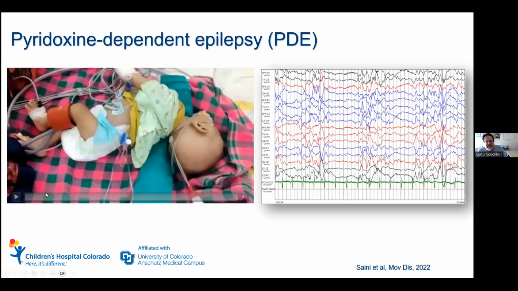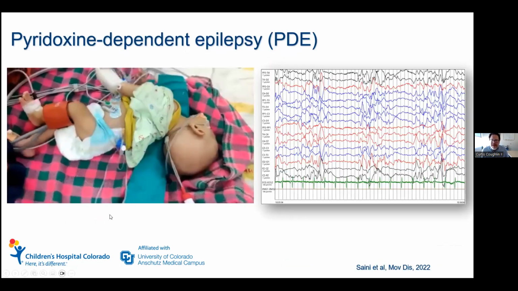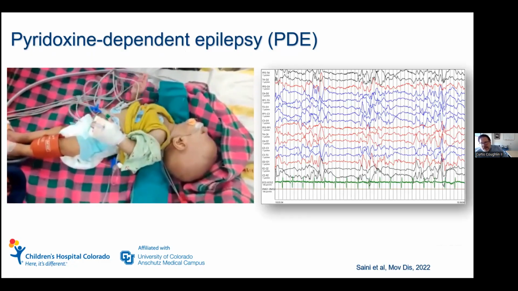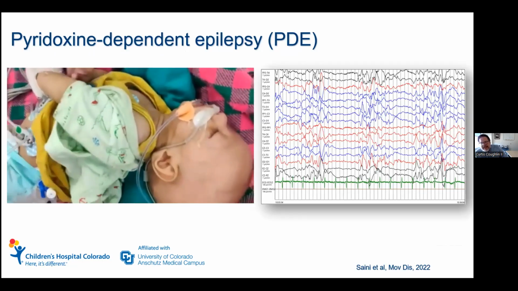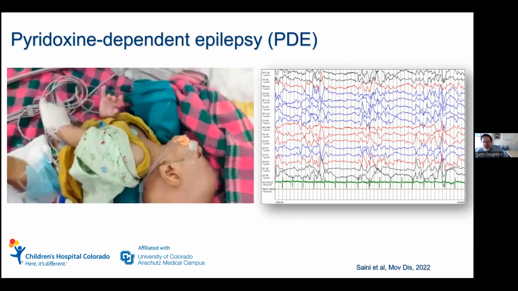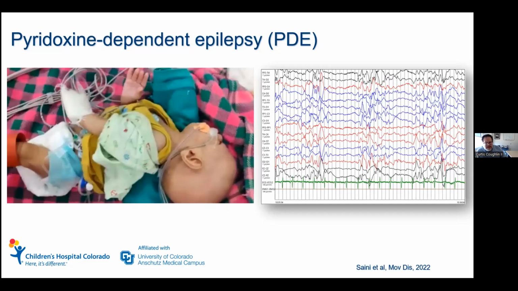So talk a little bit about the phenotype of pyridoxine-dependent epilepsy. This is a video of a child with PDE, but this was originally described as a seizure disorder. It was described in the 1950s, but